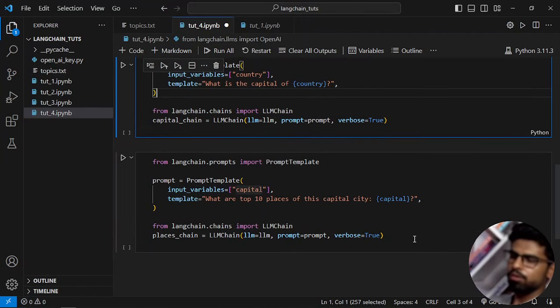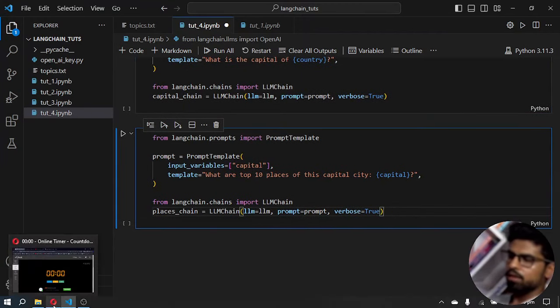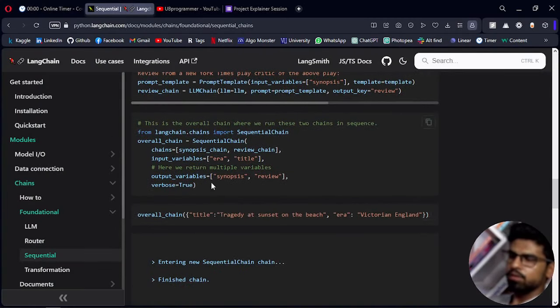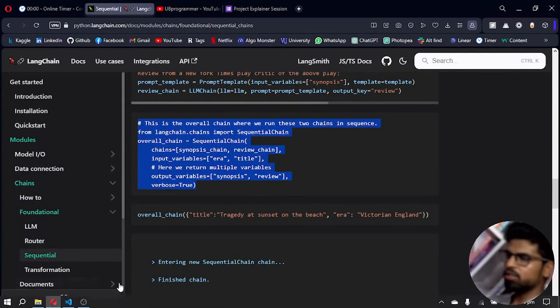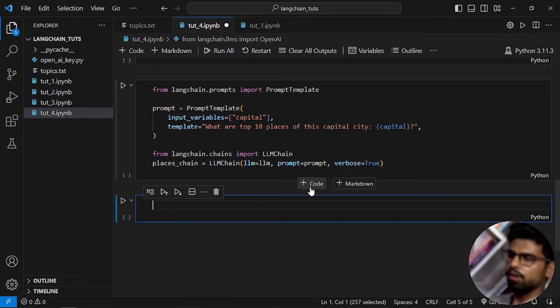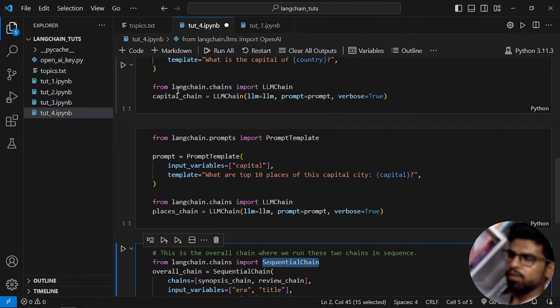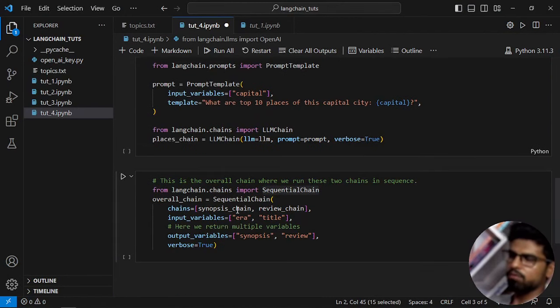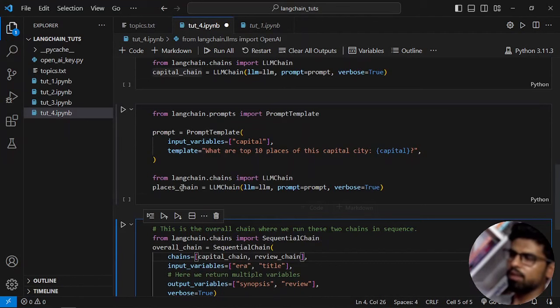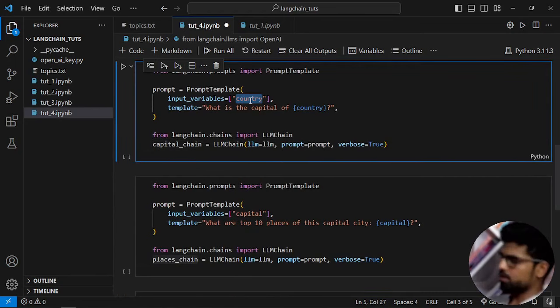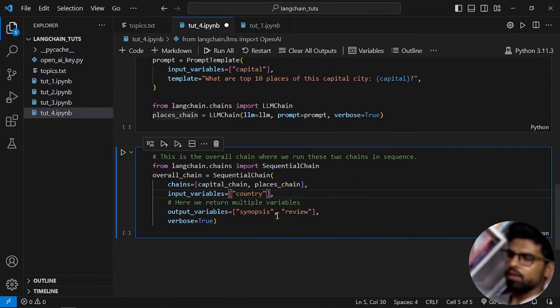What are top 10 places of this capital city? Okay, this is good. And now what I can do is create an overall chain first. Here I will use this sequential chain, and the chains are, so order matters here, you have to run the capital one first, then the places one, and the input I have to give is this country, right? I will copy that country, and the output